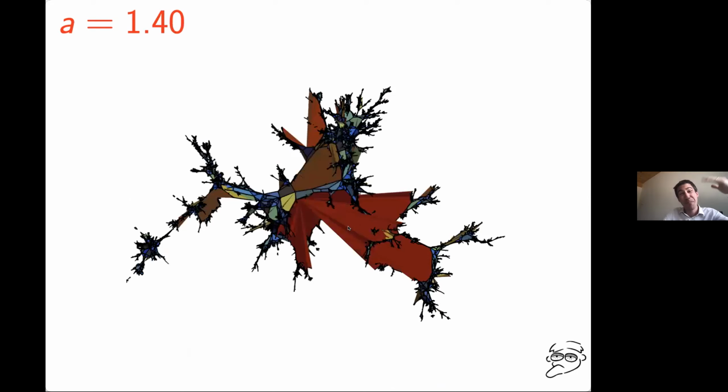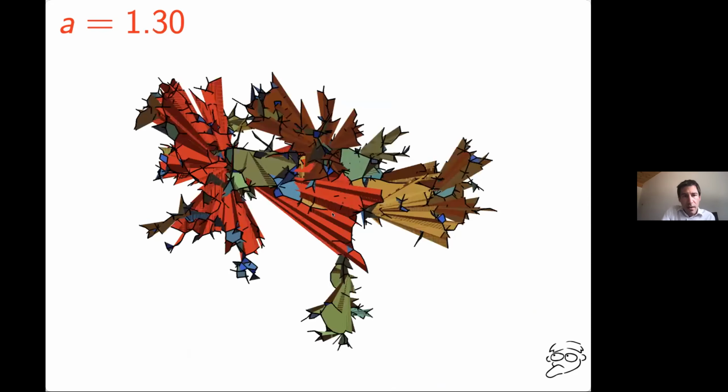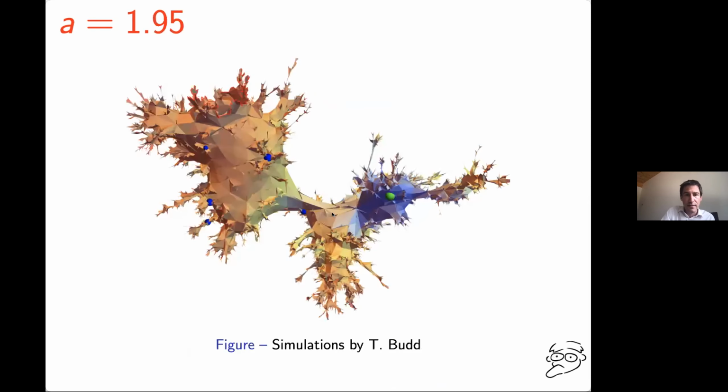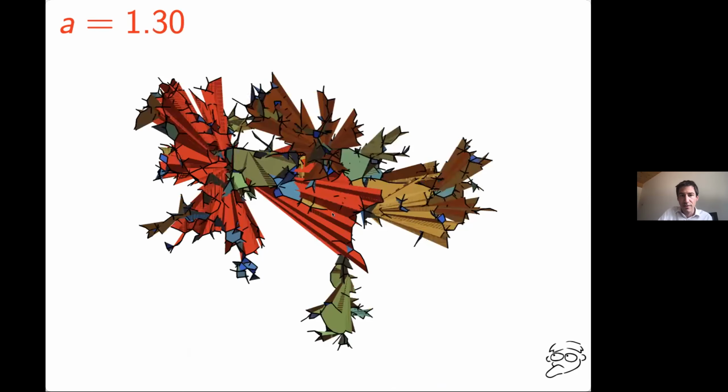And even if you go below 3/2, the simulations are not that nice because it's hard to display the faces when they are really intertwined in the map. And so it's a problem of how I drew the simulation in 3D space, not of the faces themselves. Okay. And if you keep going down, then you have faces all over the place.